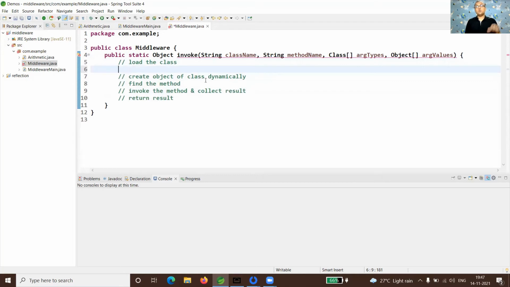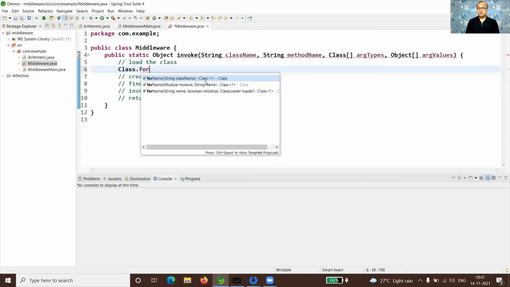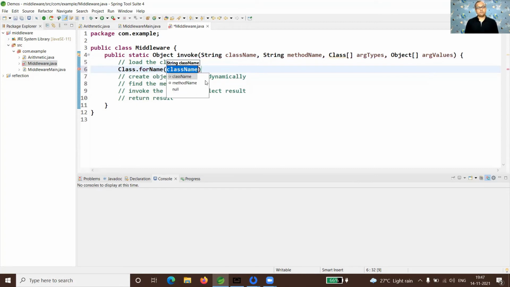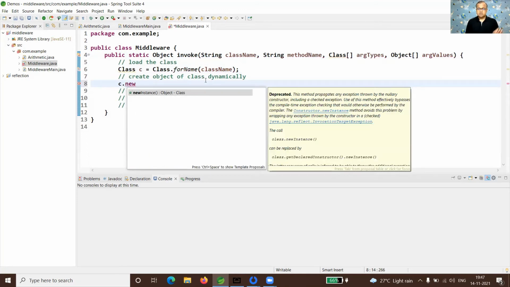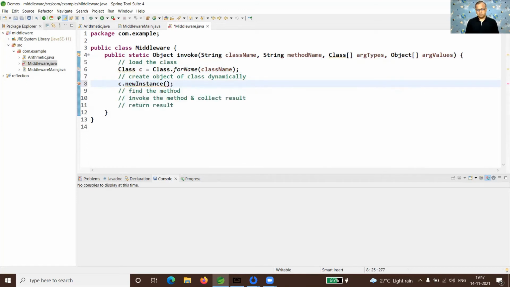Getting started with loading the class, we have seen even in the previous part, it can be done by using Class.forName. You pass the name of the class and it will return the corresponding class object. Now, once you have the class object, you want to create an object of it at runtime. So there is a newInstance method, and that will give me the object of that loaded class.